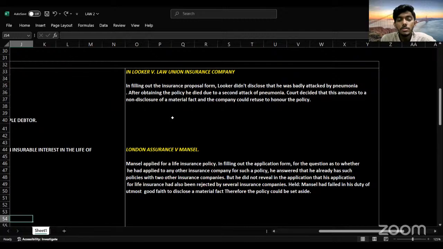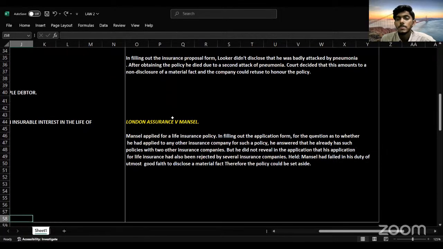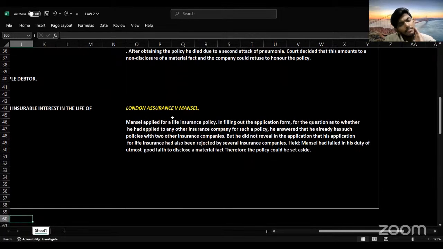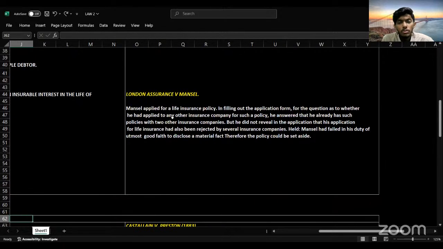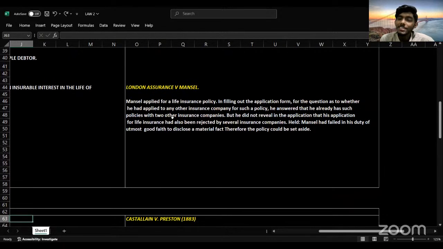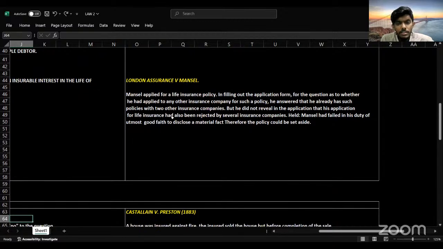Next, London Assurance versus Mansell. What is meant by that? Mansell applied for a life insurance policy. In filling out the application form, the question was whether he had applied to another insurance company for such a policy. He answered that he had already got such policies with other insurance companies, but he did not reveal that his applications for life insurance had also been rejected. Held: Mansell has failed in his duty of utmost good faith to disclose a material fact. Therefore,